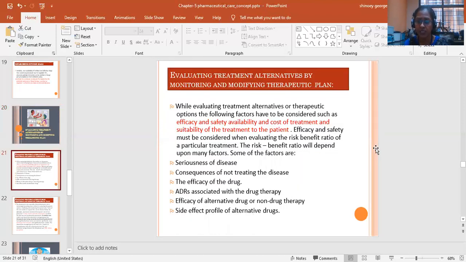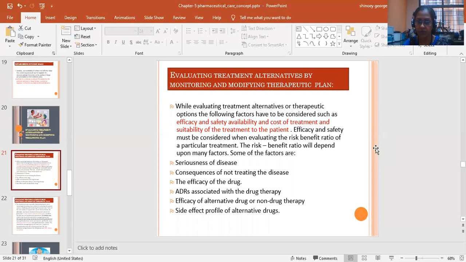So while choosing an alternative therapy, we have to see the efficacy of the alternate therapy, the safety parameters, cost of the therapy, and suitability of the therapy to the patient. And some risk-benefit factors are there. Some of the factors which have to be considered while deciding the alternate therapy is seriousness of the disease, whether